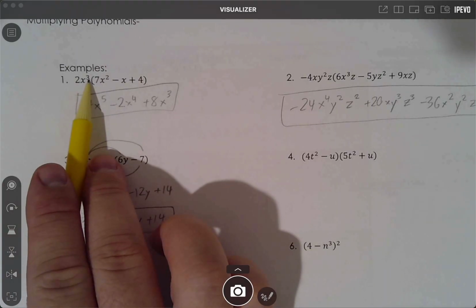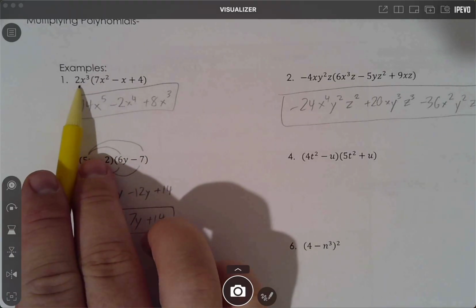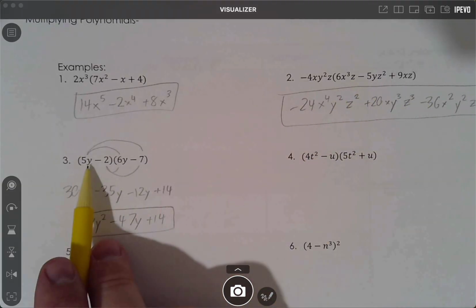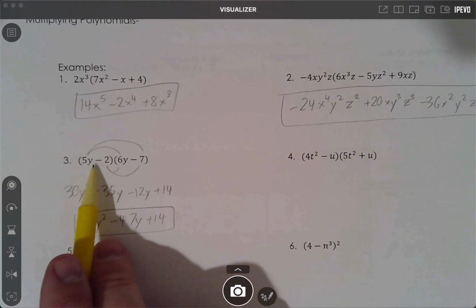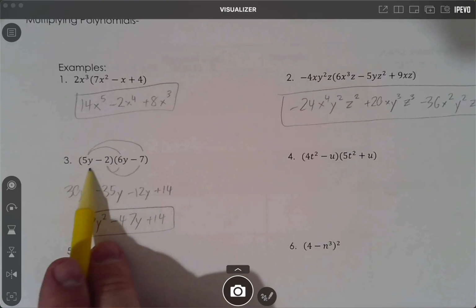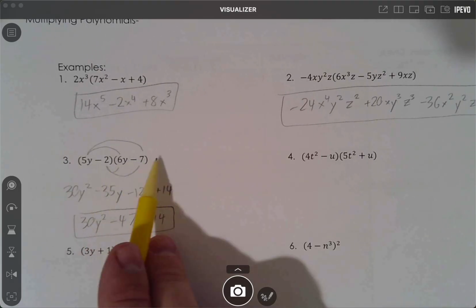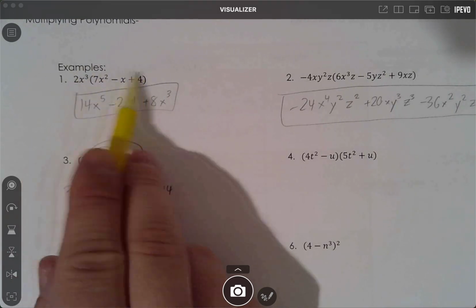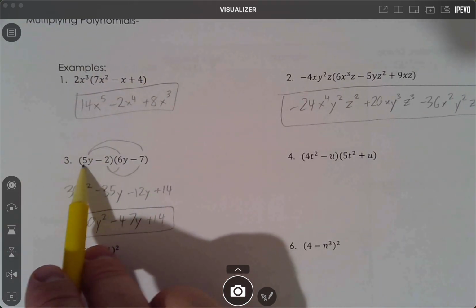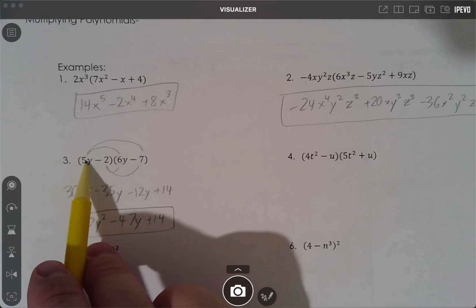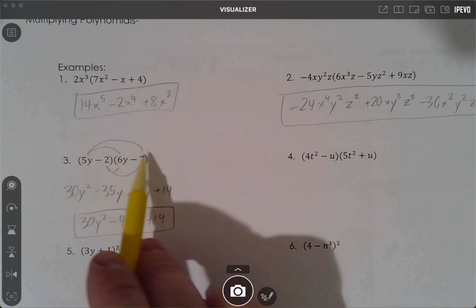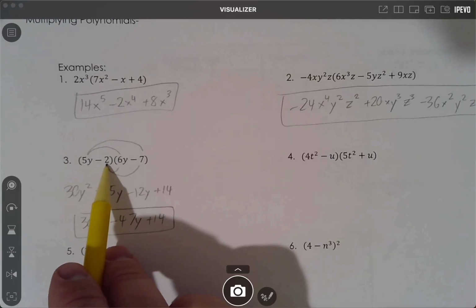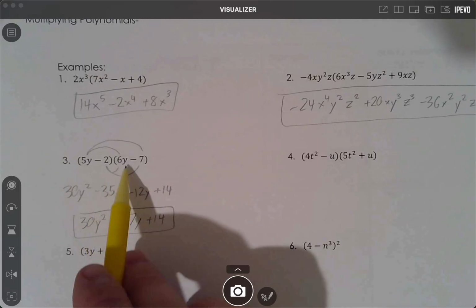See, in the first example, we were doing a monomial, single term, distributing to however many terms I have. And here I've got a binomial. That's the main thing, on the left-hand side, there's a binomial multiplying. It doesn't matter what's on the other side, but once there's more than one term, you can't just go 1, 2, 3, done. You have to say, take my first term of my two-term structure, distribute it to everything else everywhere, and then take my second term, or in this case my last term, and distribute it to each one